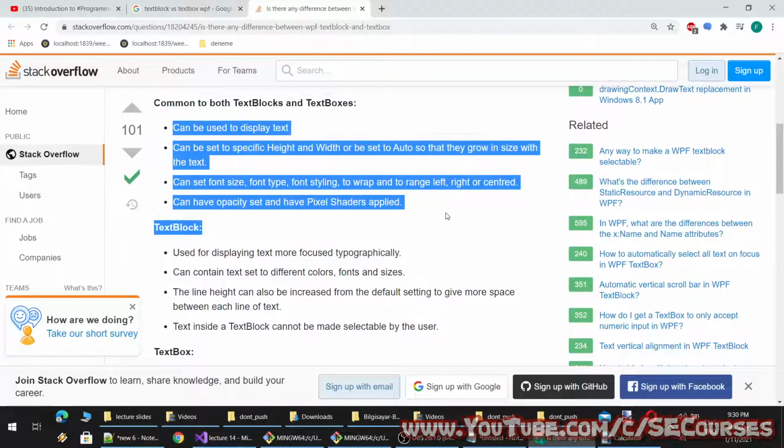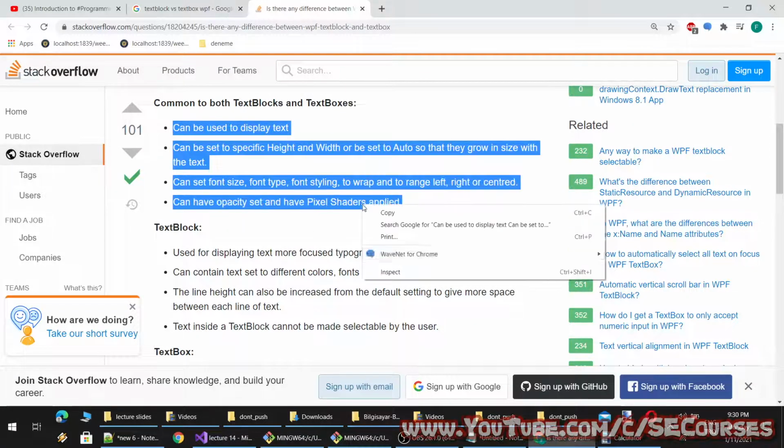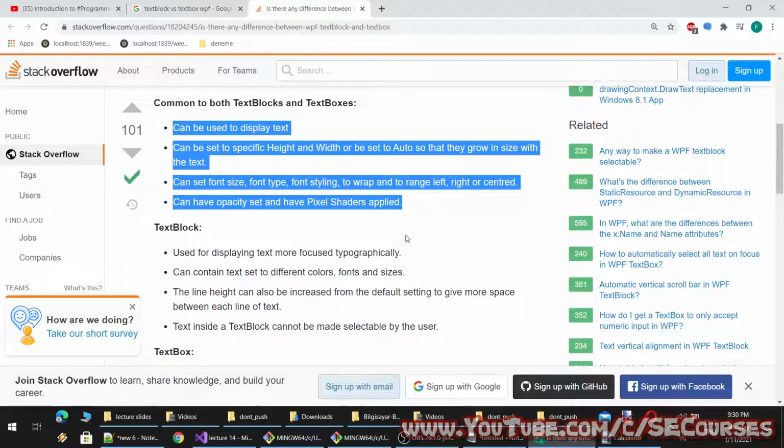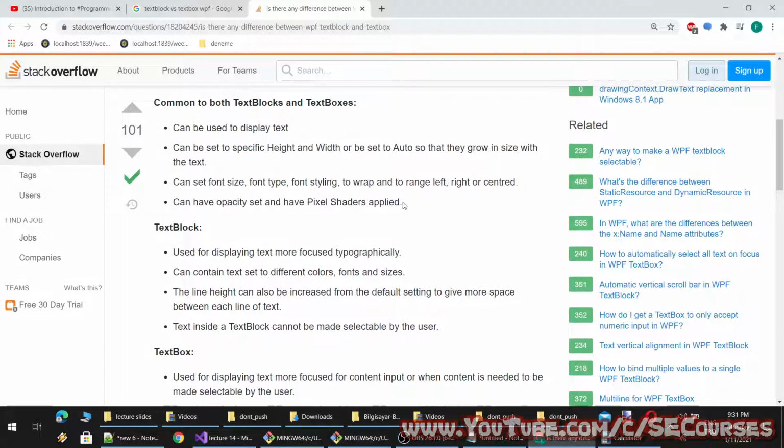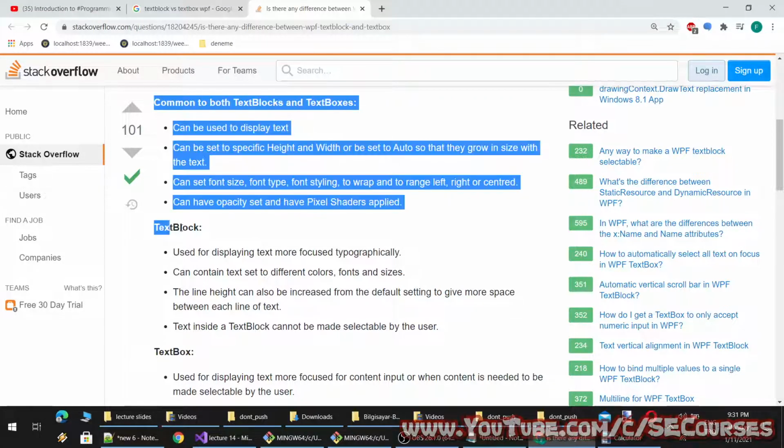Common to both text blocks and text boxes: can be used to display text, can be set to a specific height and width or be set to auto so that they grow in size with the text. Can set font size, font type, font styling, to wrap and to arrange left, right or centered. Can have opacity set and have pixel shaders applied. So these are common in both of them.